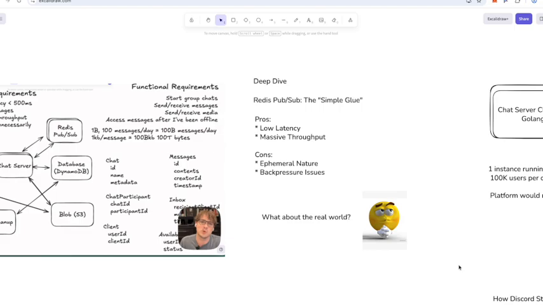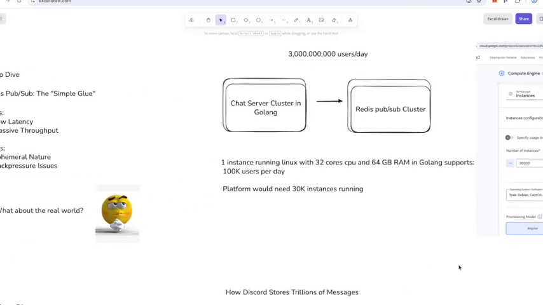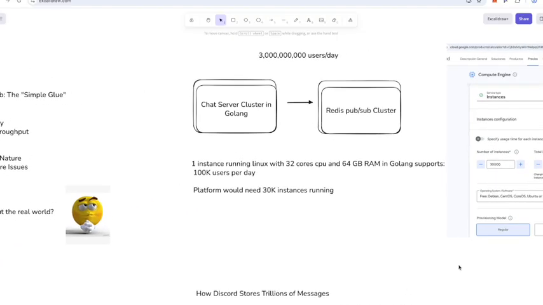But what about the real world? Let's say currently the WhatsApp architecture handles about 3 billion users per day. Let's say we're going to implement the chat server cluster using Golang, and the Golang servers communicate through a Redis pub/sub cluster.